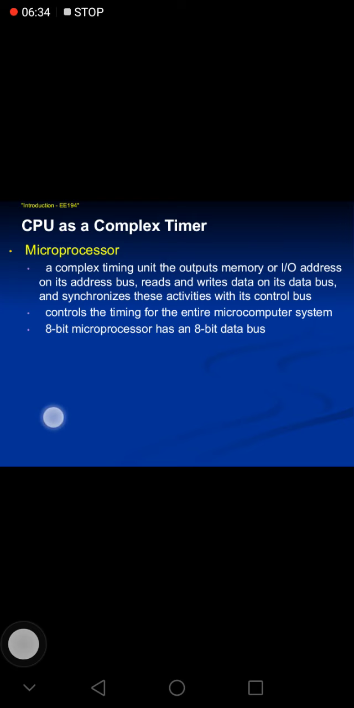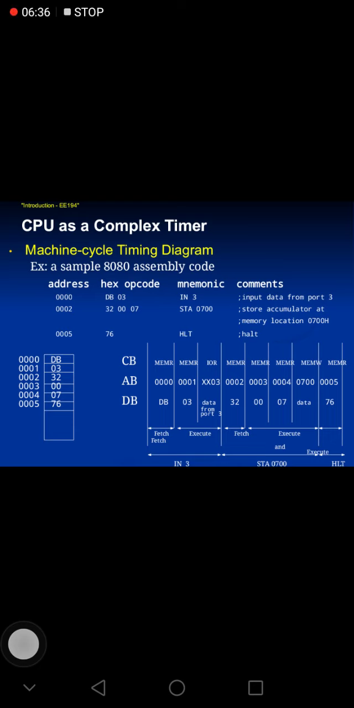So ito yung examples, no? So we have here a sample of 8080 assembly codes. We have here, for example, no? Meron tayong IN 3, no? So we have to input a data from port 3. Okay? So tapos is STA 0700. So we have to accumulate that data that is inputted from the port 3 into a location of 0700H, no? So yun. So ibig sabihin nun, saan yung